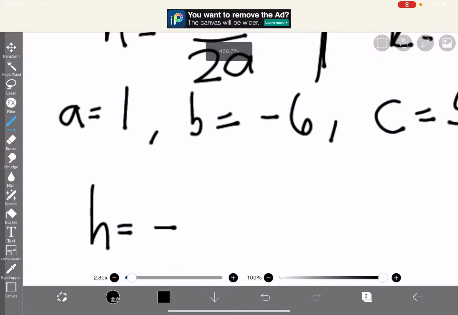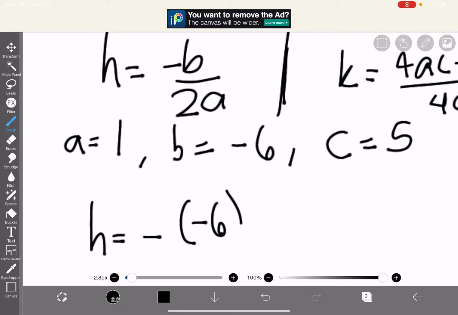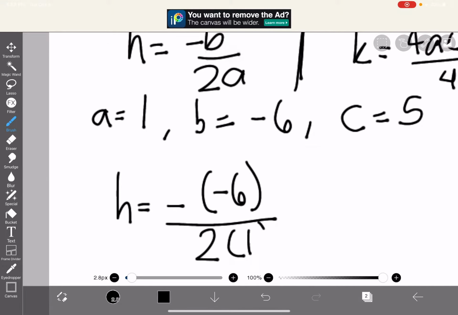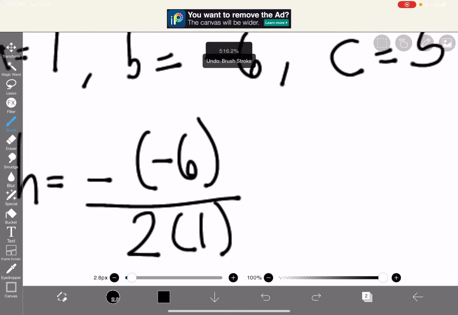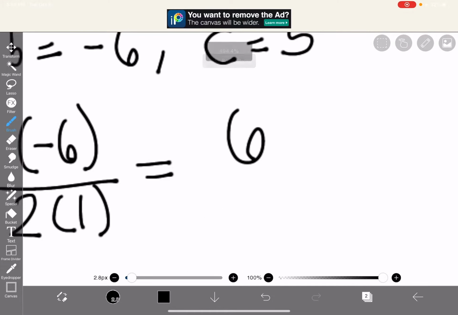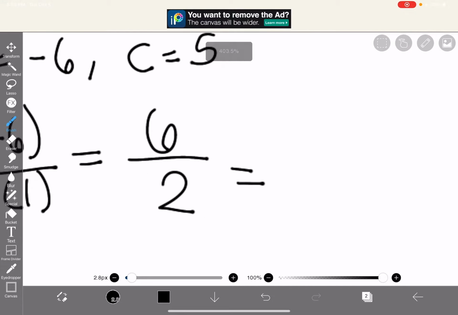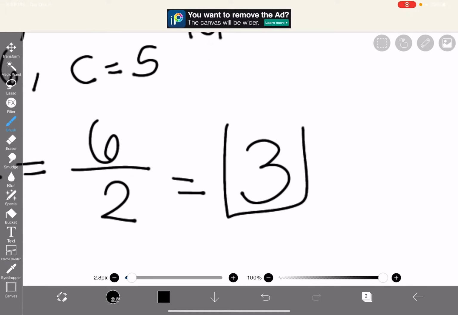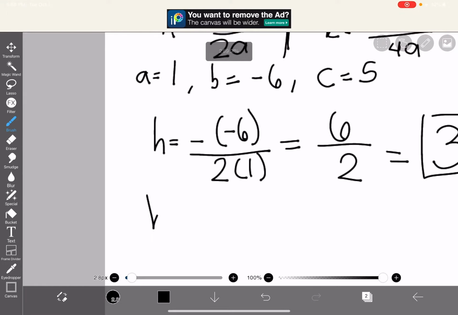Let's substitute. Negative times negative is positive, which will result in a positive 6 over 2. We'll be dividing, and it's a 3. For k,